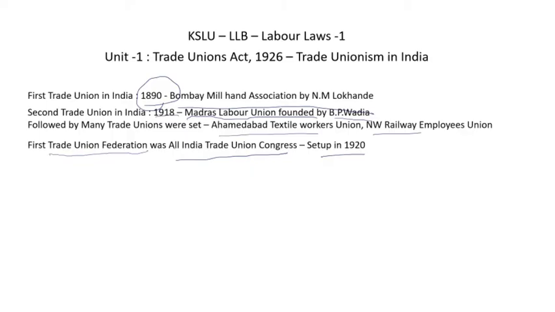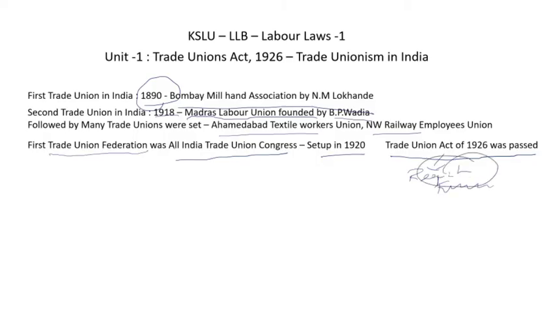With all these developments of trade unions, the recognition of a trade union became an important question. In 1926, the Trade Union Act of 1926 was passed in India, which deals majorly with the registration and financial management of trade unions: how to set up a trade union, how to run a trade union, what the key roles of a trade union are, etc. were defined in the Trade Union Act of 1926. The period of 1924 to 35 is key in Indian trade union history, and this is also called left-wing trade unionism in India.